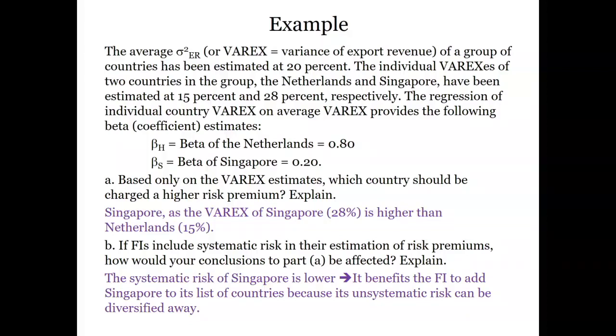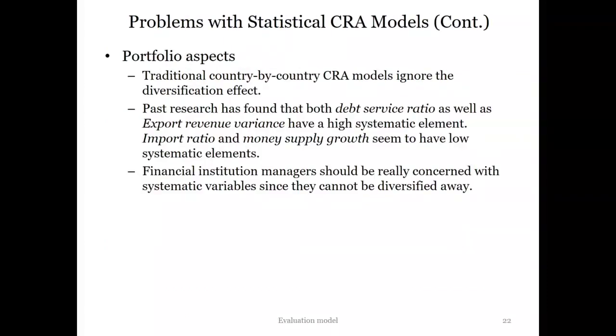And this is why, although a lot of developing countries have quite high risk, a lot of investors still love to invest in LDC loans because they offer very high diversification benefits for the bank's portfolio. And this gives rise to one of the problems with the CIA model, right? If we simply focus on the statistical CIA model alone, you will ignore the portfolio aspects of analyzing how you construct your portfolio, right? So that's one of the problems with the CIA model.